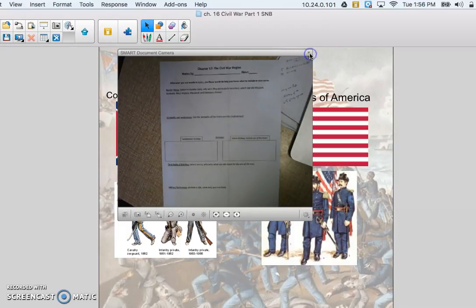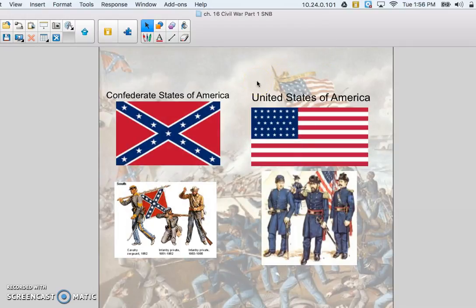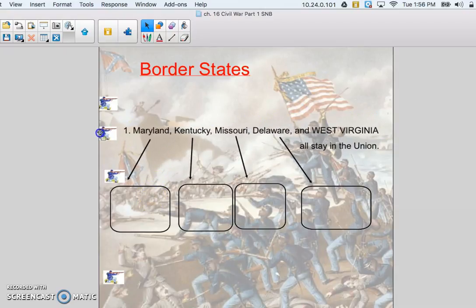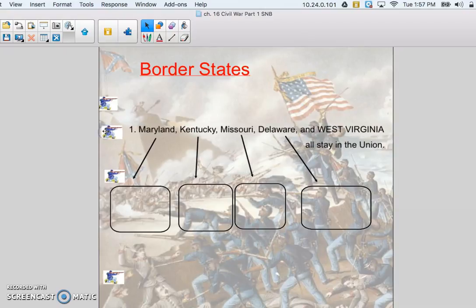All right. So at this point, we have 24 U.S. Union states from the north, and we have 11 Confederate states. Border states, what are they? You're going to have to squeeze this in carefully. I highly suggest you put in these 4 boxes towards the bottom, right above strengths and weaknesses, and then fill in these points. But first, above those, maybe pause the video and write down Maryland, Kentucky, Missouri, Delaware, and West Virginia eventually. These would be our border states, and they all stay in the Union.